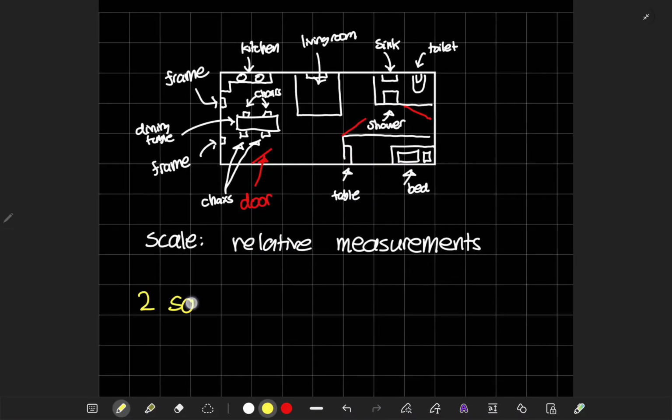2 squares equals 100 centimeters. Or it's the same as saying, instead of 100 centimeters, 100 centimeters is actually 1 meter. 1 meter is a pretty common thing when it comes to interior designing. So if I look here,